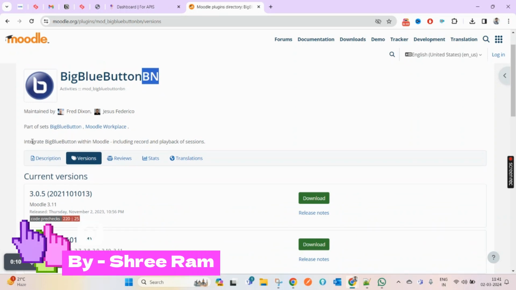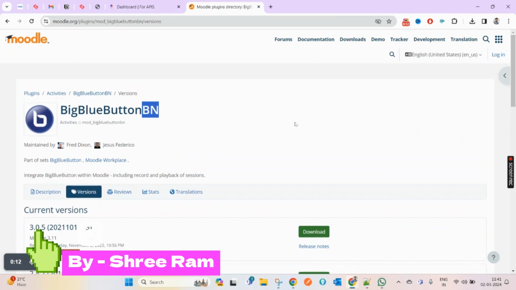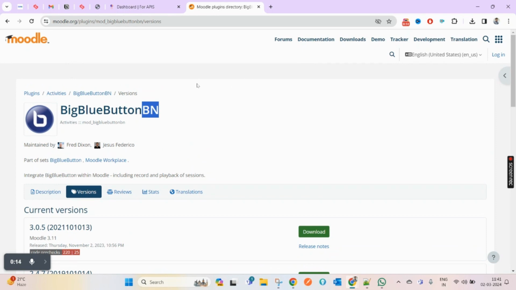So Big Blue Button is a plugin we can use inside Moodle for including recording and playback of the session. Whenever you are planning an online session, you need something from which you can create an activity and users get notified about that session. So Big Blue Button is one, and Gmeet is also one, and there are other things like Zoom,